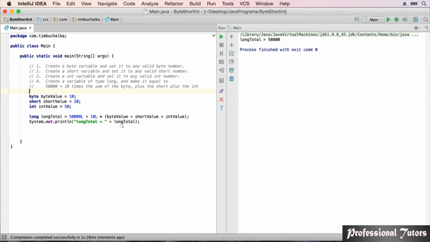So you can see that Java makes you do a little bit more work when you're dealing with variables of type byte or short. And the point I want to make is that using integer is the best one to use generally, but even if you are using type long, Java handles a lot of the complexity for you, and you don't have to do this casting because a long will happily accept an integer when you're defining a value to it as well. And just to confirm before we finish, if we print out short total,